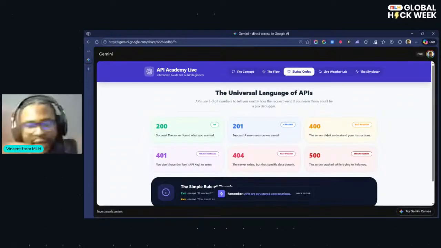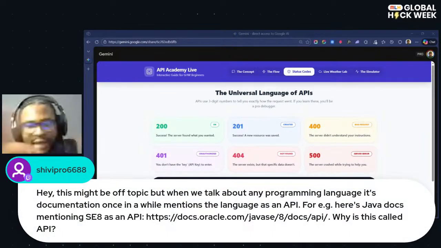So I see a comment right here that says, hey, this might be off topic, but when we talk about any programming language, its documentation once in a while mentions the language as an API. For example, here's Java docs mentioning SC8 as an API. Why is this called an API?